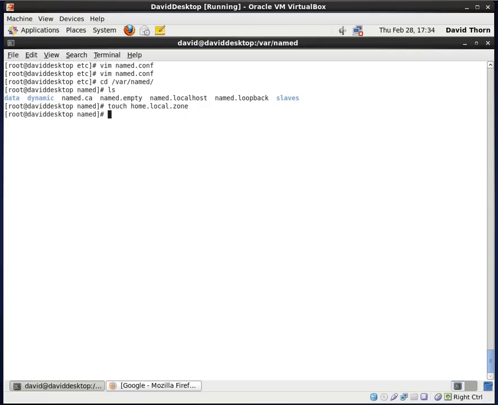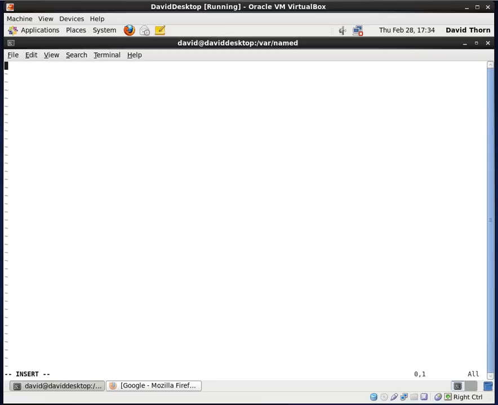So home.local.zone, we made that. Now we need to open this one file up. Okay, there's a few things that we need to place in here. We're going to make it very simple in the beginning. So we need to press I for insert, and then TTL, just going to place for 3 hours. That's just basically the time to live. So I don't want to get into too much about this DNS, I just want to get it written first of all. Now we're going to start with the @ sign, and we're going to say IN SOA,